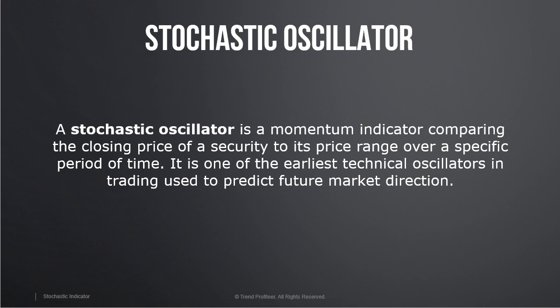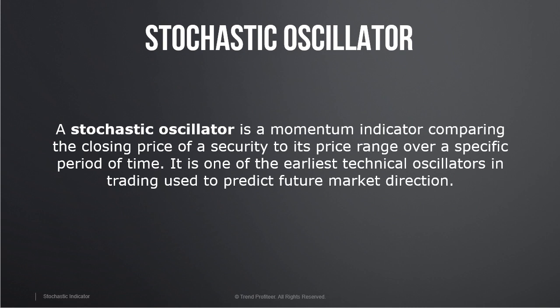A stochastic oscillator is a momentum indicator comparing the closing price of a security or symbol to its price range over a specific period of time. It's one of the earliest technical oscillators in trading used to predict future market direction. If you're unsure about what I've just said, then don't worry. It's like the RSI, not really important to know exactly how it works, but